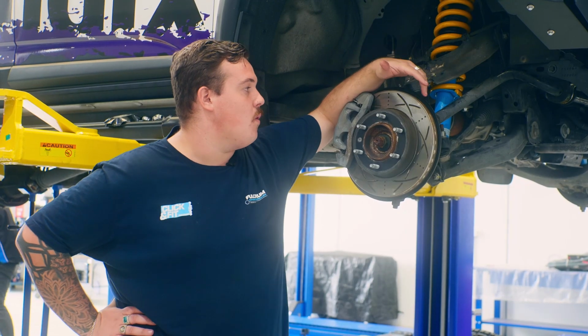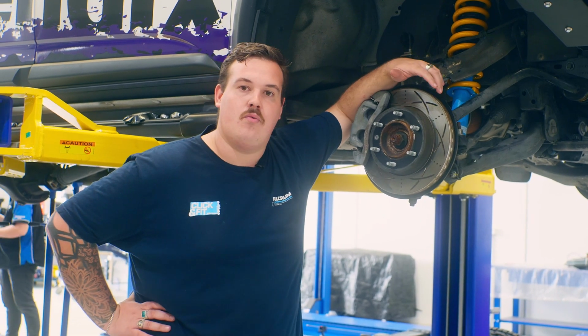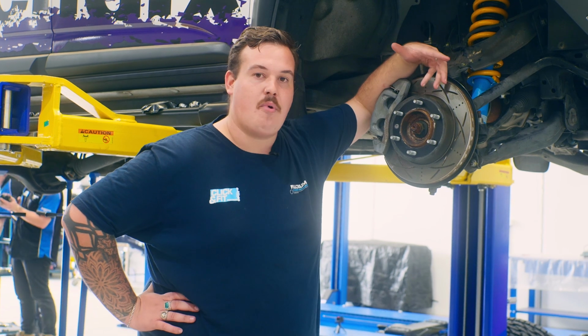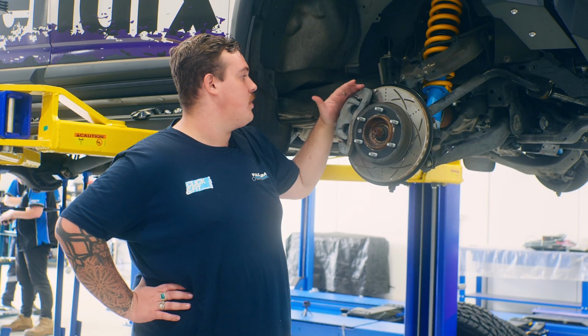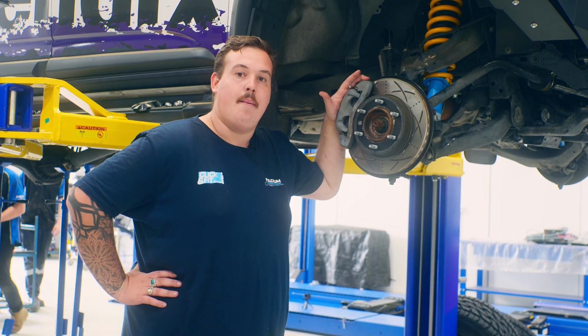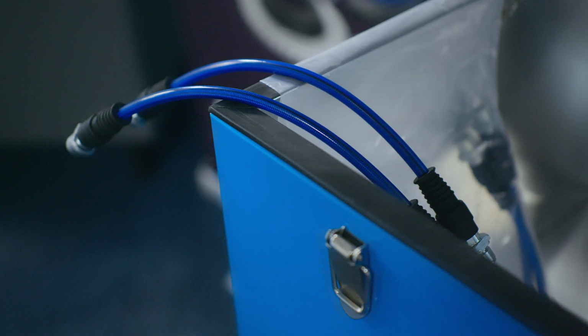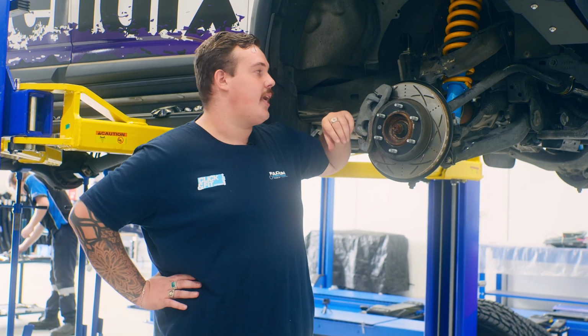So obviously we have this gorgeous high carbon slotted and dimpled rotor, which is going to help get rid of those brake gases and heat that are generated under heavy braking or when the vehicle is loaded up. We've also got the Bendix Ultimate Compound brake pad up here in the front. We've also got a braided brake line too to help stop those rubber lines from swelling under heavy braking, and